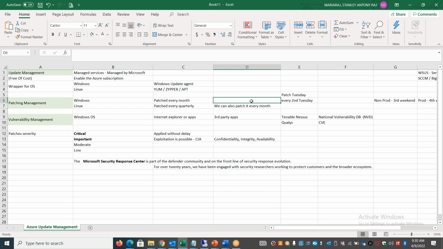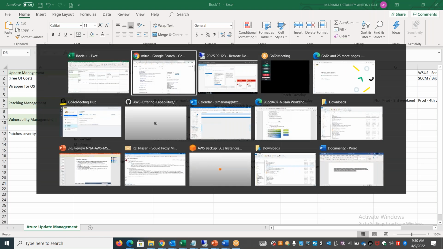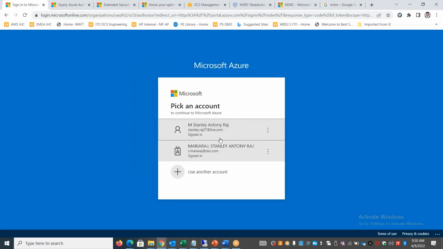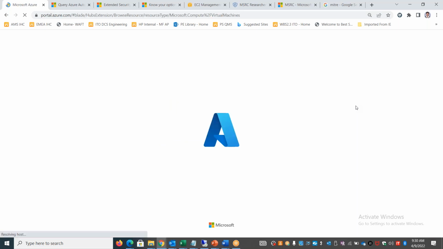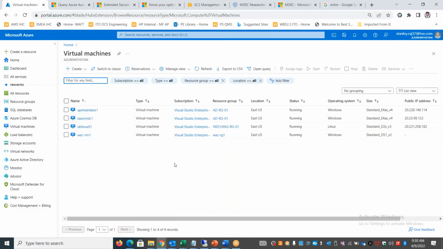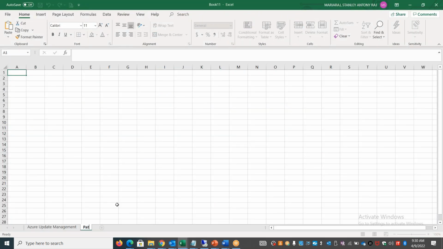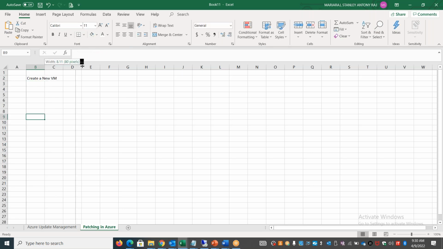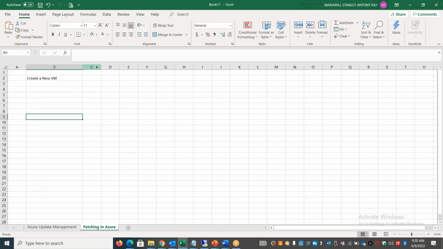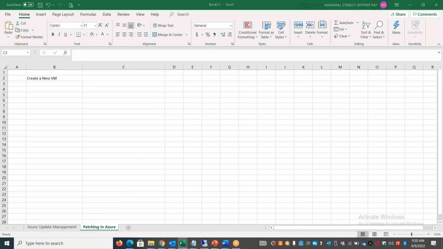Okay, let's get into the actual Azure environment. Let's not get too deep into this. Let's log in. Whenever you go and create a system, there are multiple options available. Patching in Azure: while you create a new VM, you can also enable patching as part of the create new VM option. So when you create a new VM, if you look here,